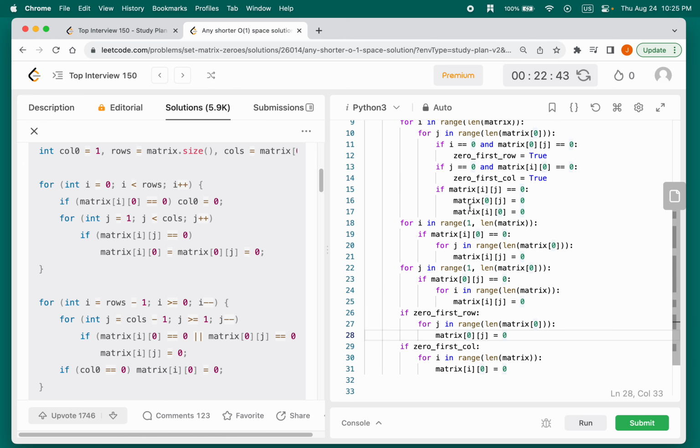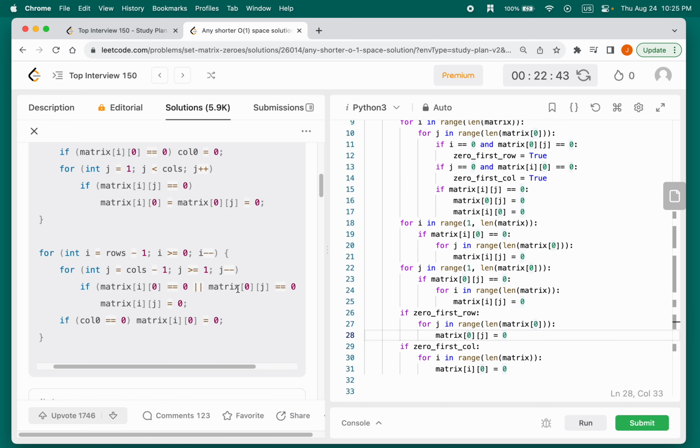We're setting them to 0. Now the second part, starting from the last row going back, and starting from last column. So starting from the right bottom corner, if we have, okay, oh I see,